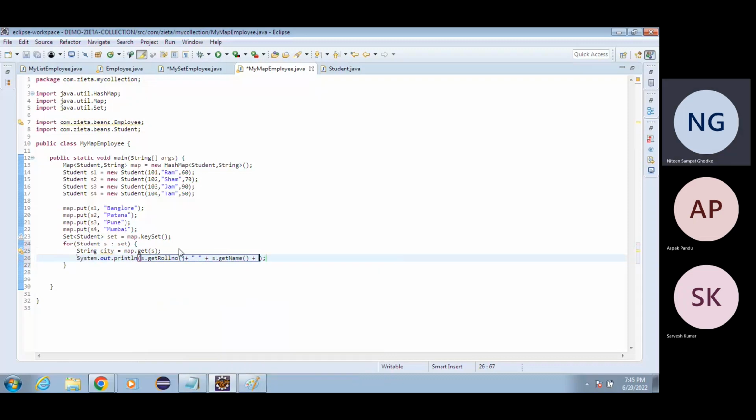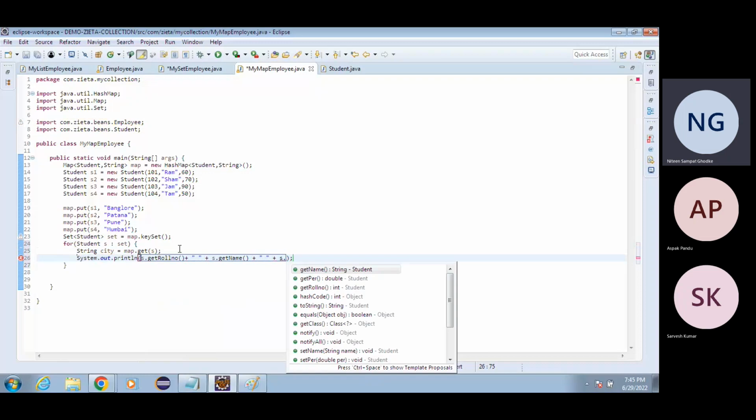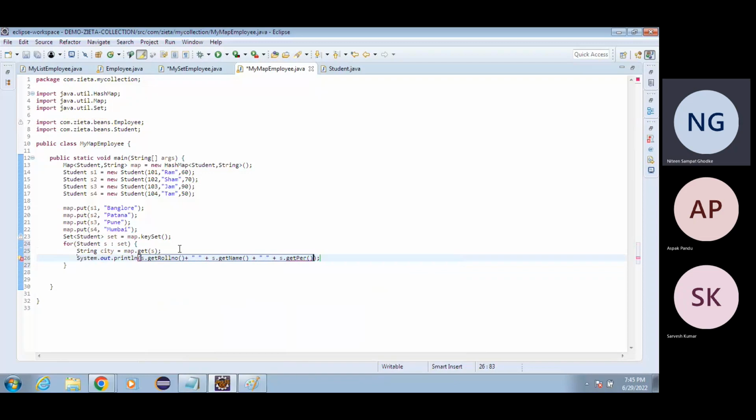Okay, plus double quotation, plus, okay, here yes dot get percentage. Okay, so in this way, plus double quotation, plus, and here we are trying to put the city. We are trying to put the city over here. So as we have added that one separately,